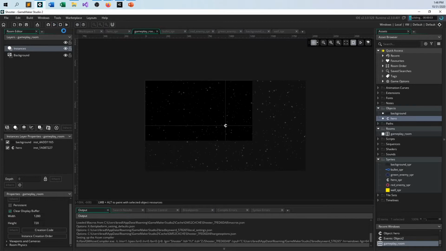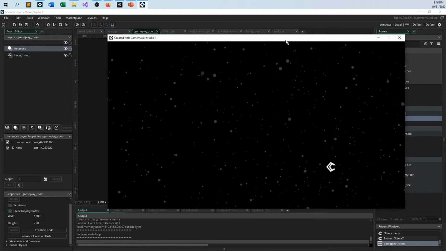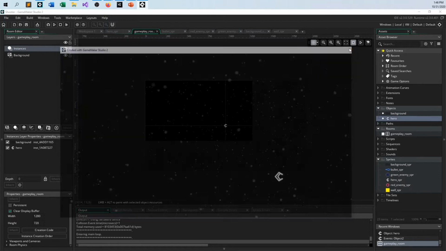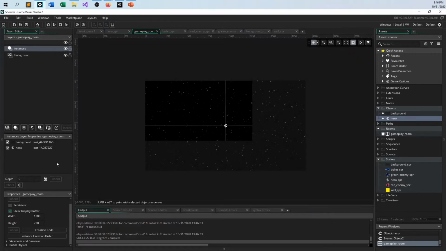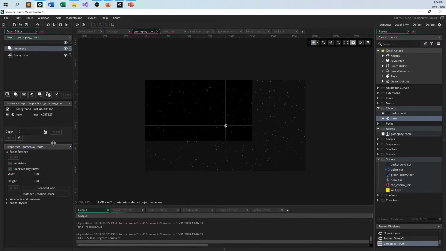And now what's weird is if I run this without anything else, what is it going to do? GameMaker's funny like that here. There's my 720p resolution, and there's my character, and it looks nothing like what I'm expecting it to do. But that's because, again, we haven't told GameMaker that we're going to start using windows and viewports and things like that. Okay, so everything we want to do goes over here in this properties window